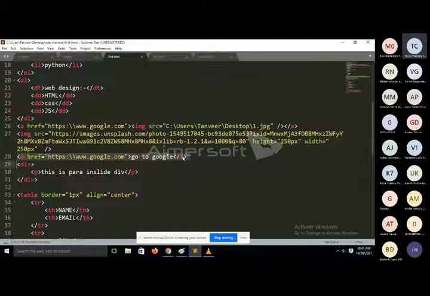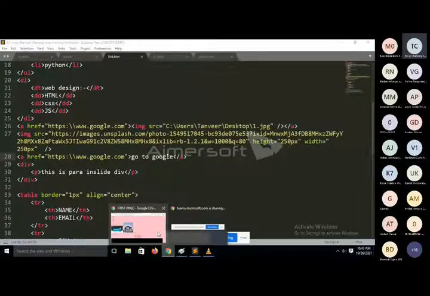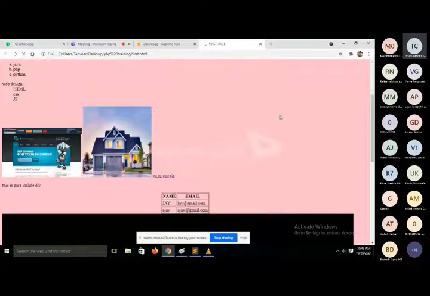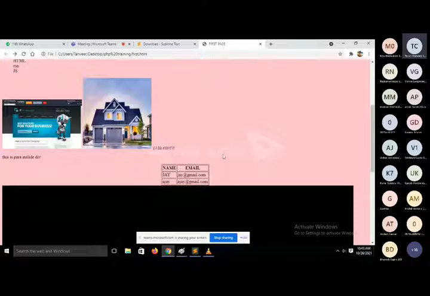Next, the anchor tag. The anchor tag is used to make a hyperlink, but the most important thing is, when you hover over a hyperlink, see it is showing here in the left bottom corner the hyper reference. When you click on this link, it will redirect to google.com. I just want to remove the underline from Go to Google.